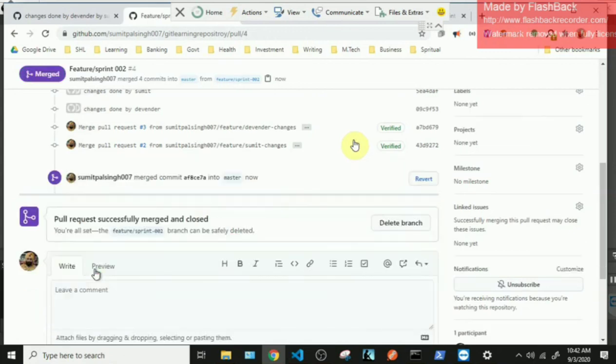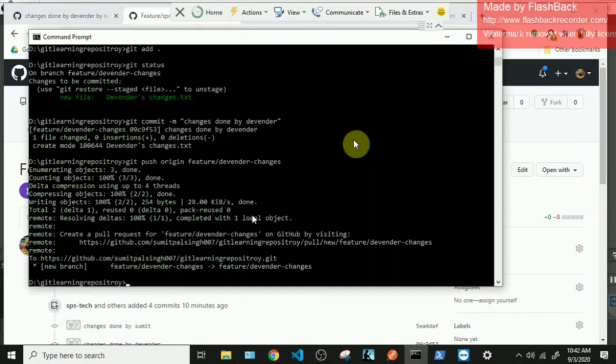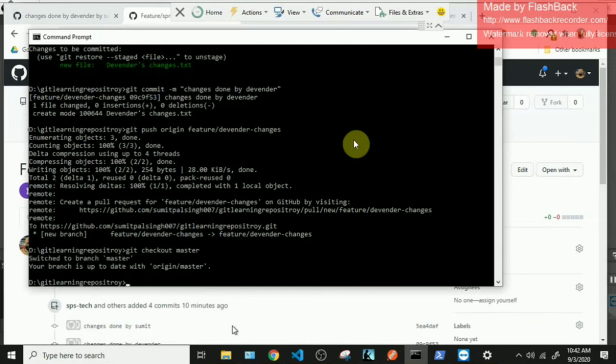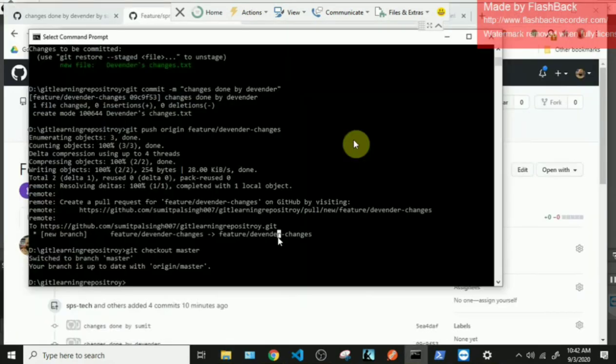Now if I go back to my master branch in my local, git checkout master, and if I check here, only file 1 and file 2 are present, because we have not taken a pull. Now because it is a local copy, if I take a pull now, git pull, it will get the latest replica from the GitHub server.